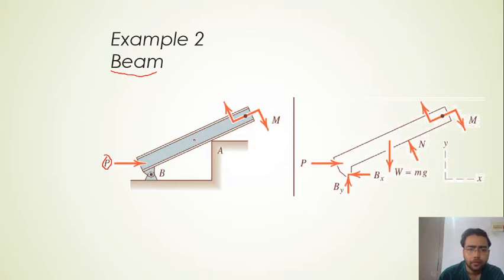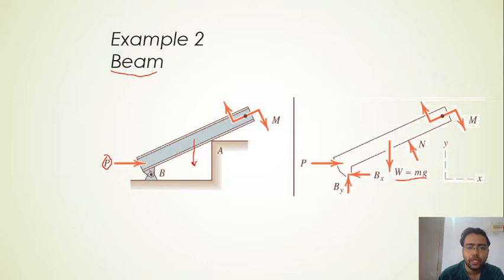Weight force. Because of the weight of the beam, we will have weight acting at the center of gravity of the beam, where W is equal to mg. m is the mass of the whole beam, g is gravity. We are going to represent it with this downward arrow, the vector W. Afterwards, we already know what moment is, right? So we are going to represent the moment here at the far right side of the beam, right?